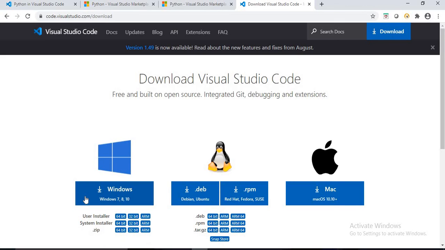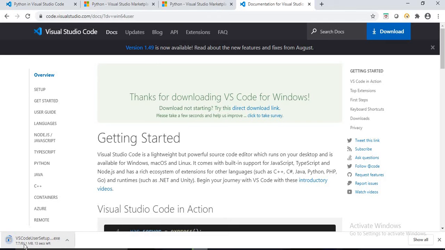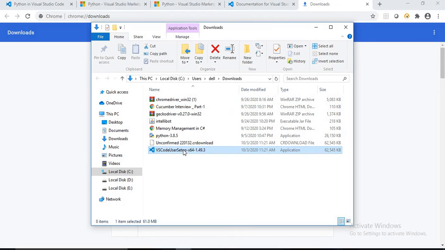We'll click this one, and based on the operating system, either Windows, Mac or Linux, and based on the installer, 64-bit or 32-bit. In my case, this is Windows and my system is 64-bit. So I'll click here. It is only 61.1 MB software, so it will download immediately, and once it is downloaded, we start the installation process. Go to the download folder. See, it is downloaded, and double click here, so it will start.